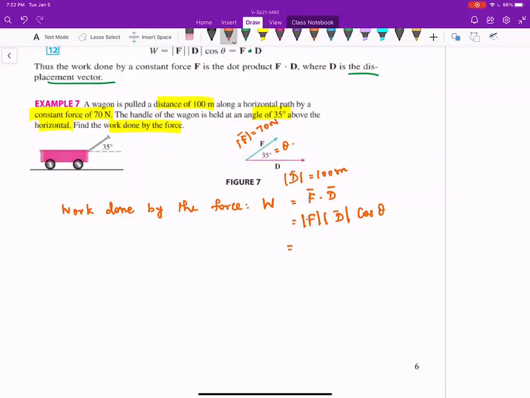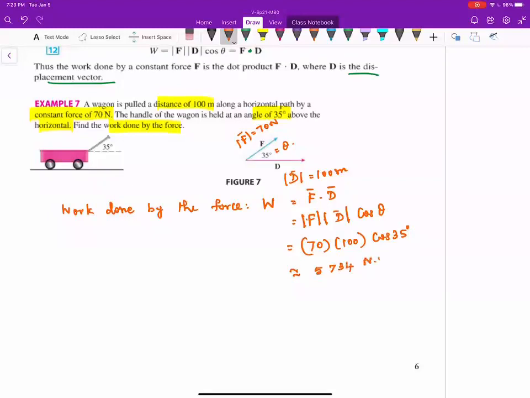Length of the force is 70 newtons and the distance is 100 meters, and then cosine of the angle between them is 35 degrees, cosine of 35. And this is going to give us approximately,